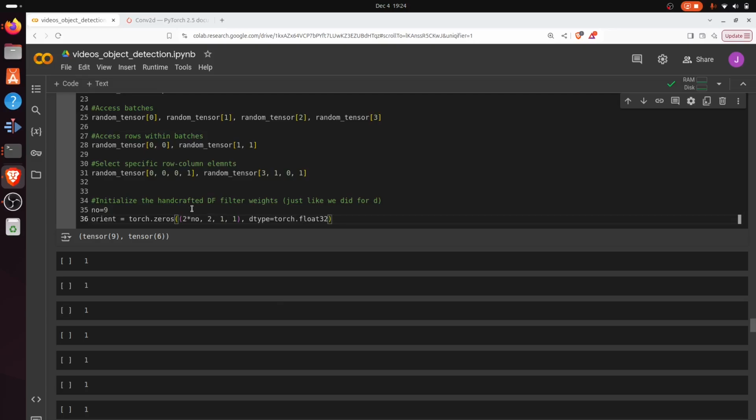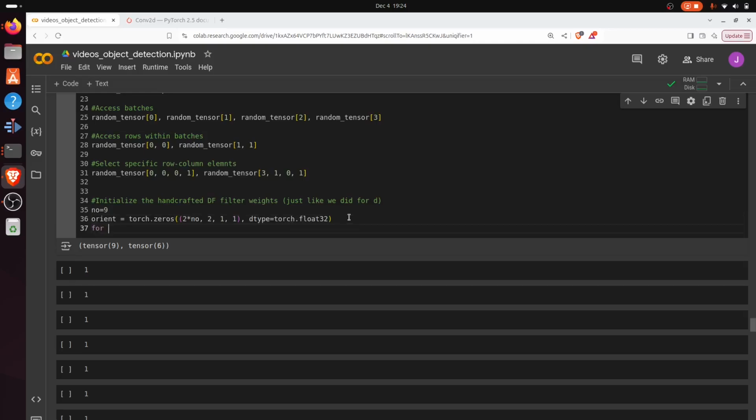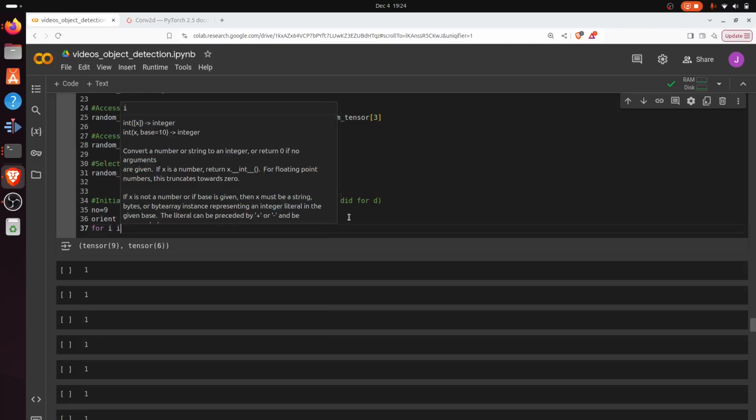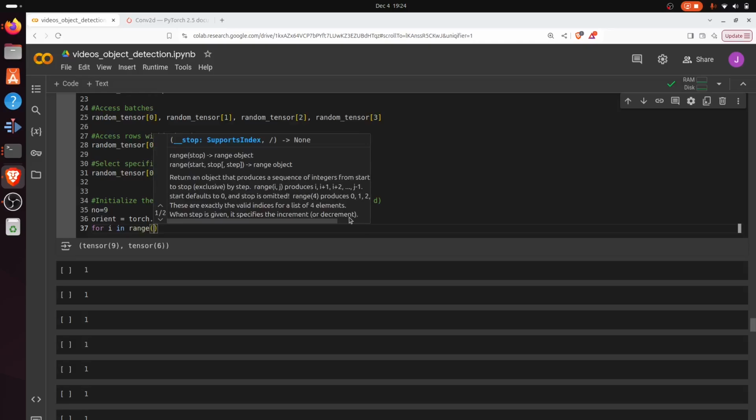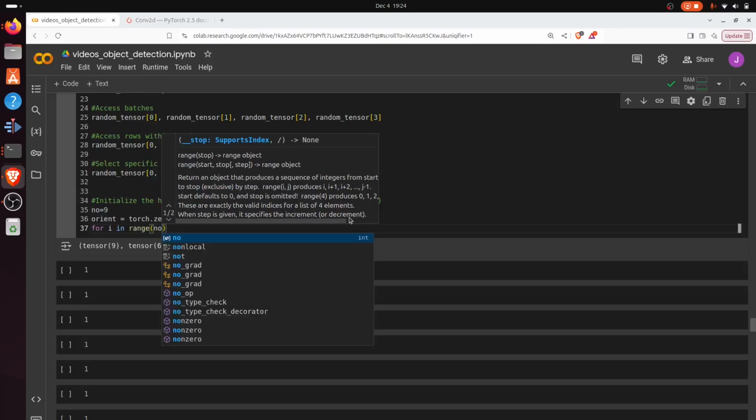Great. And now we actually want to set up a loop in the following way. So we're going to have for i in range. And this range, what is it going to be? This range is going to cover all the possible number of orientations. So that is the number of orientations, but that is not enough. Why? Because this number of orientations we set equal to 9 by default is only taking into account the positive